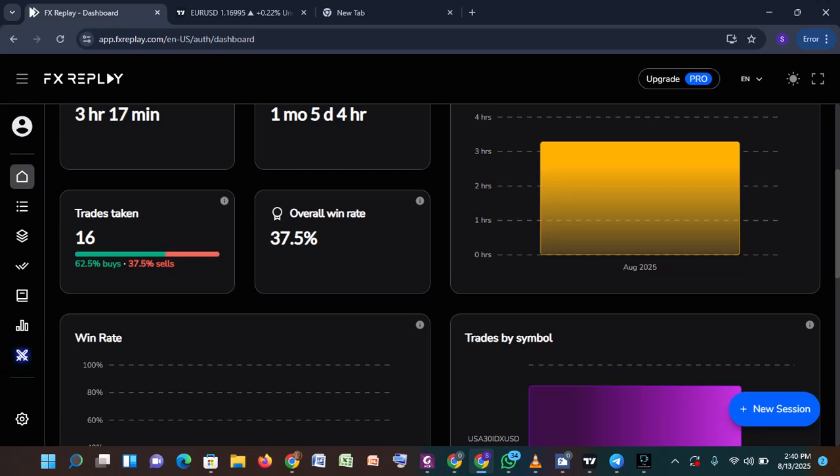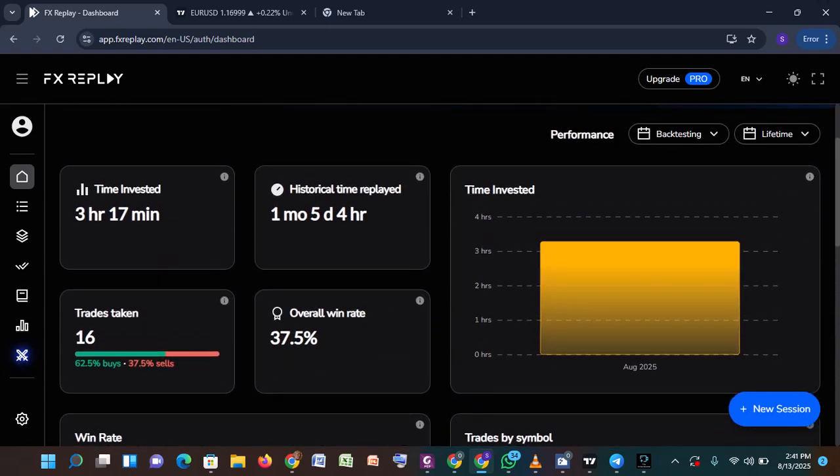So you can see the win rate here is 37.5%. This means the win rate is below 50%, obviously. It's below 40%, obviously. What this means is, let's say a 30% win rate, it means in 10 consecutive trades, I will win 3 trades. So this is 37%. I will win 3 trades and have some break-evens, not up to 4 trades. I mean up to 4 trades in 10 consecutive trades, right?